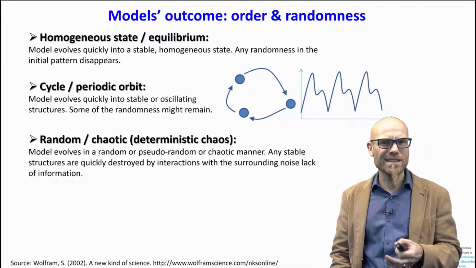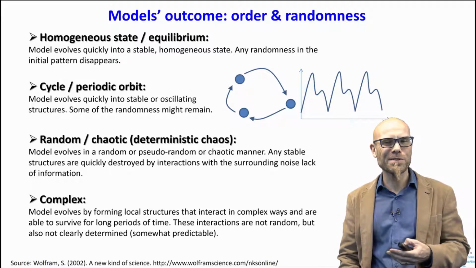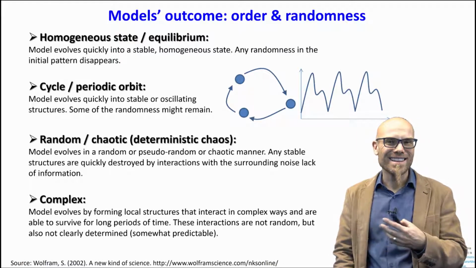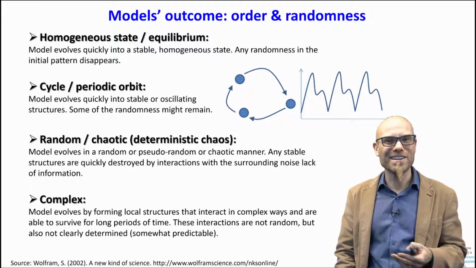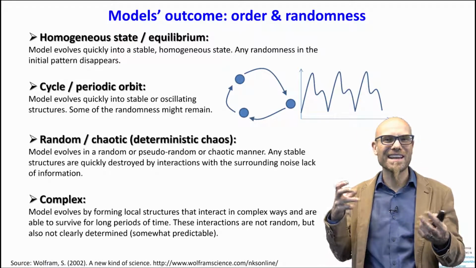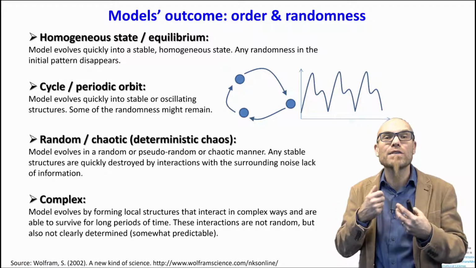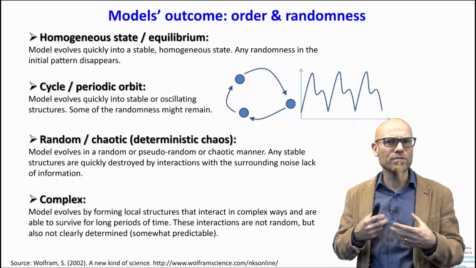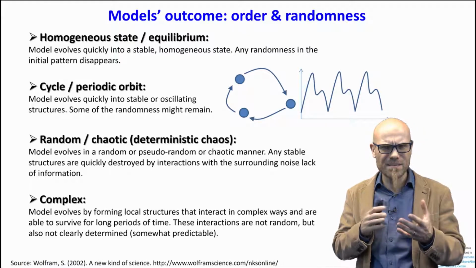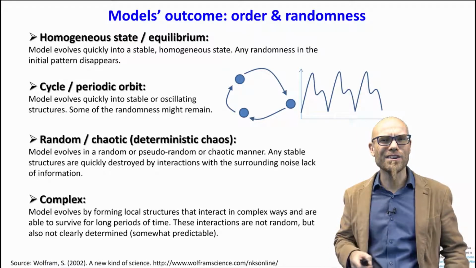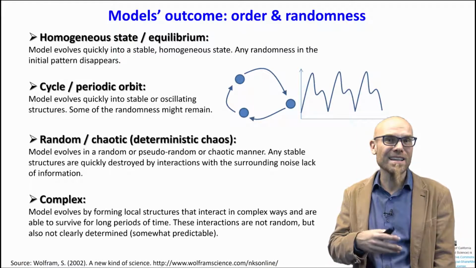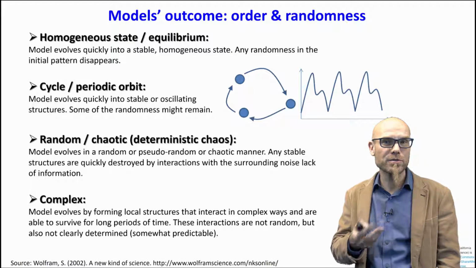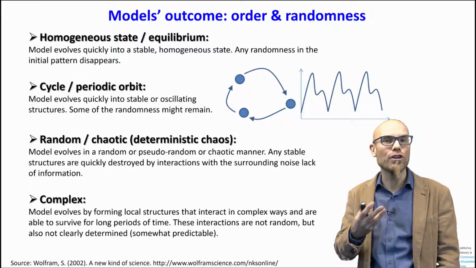And last but not least, and that's why I said it's kind of like a pseudo 4 categories, because the last category is extremely big and this is complex. And same as the non-linear, it's kind of like the zoology of non-elephants. The complex is kind of like an aggregate term where there are many different things thrown into that we do not understand yet. And computational methods help us to dig a little bit deeper into that and try to piece it apart, make a taxonomy of these different complex patterns. But basically, the model evolves by forming local structures that interact in complex ways. And they're able to survive for a long time.